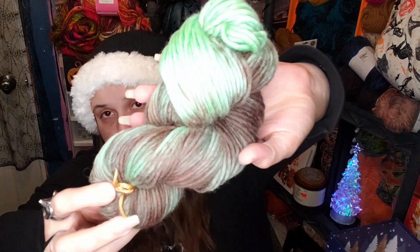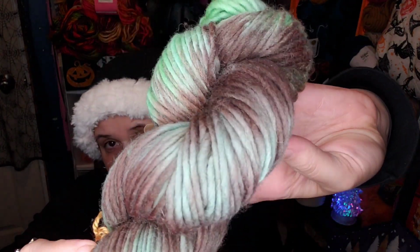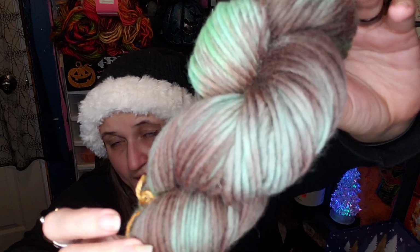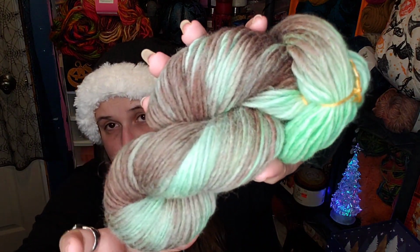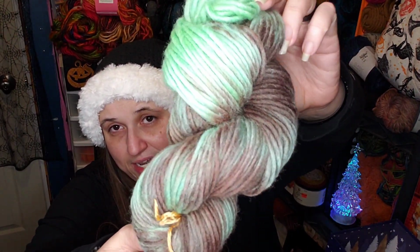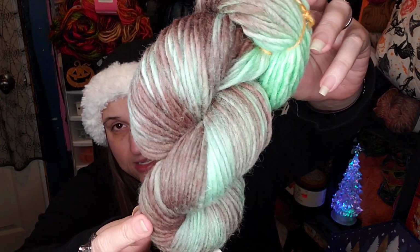It is from Joann's. It's 100% wool roving. It is buttercream roving, if I remember right. I just got the natural color and then dyed it. This was dyed green, and then I painted on the stripes in the black that I use. Since it's just over-the-counter food coloring, it always ends up being brownish, so I just use it as a brown. What I had used as the name for this is Through the Woods,